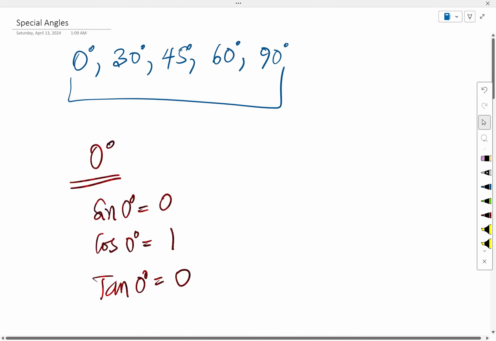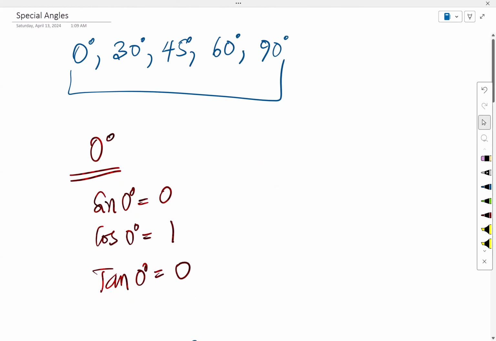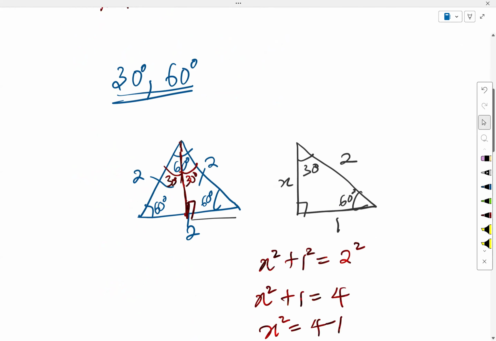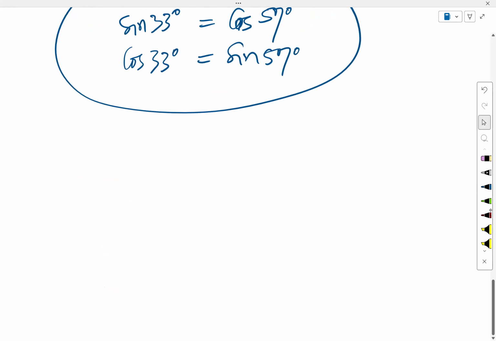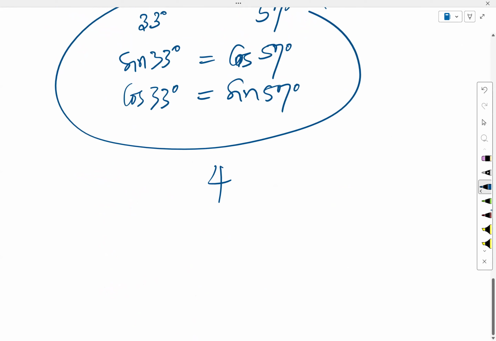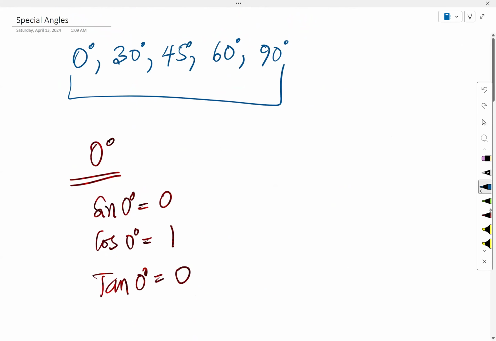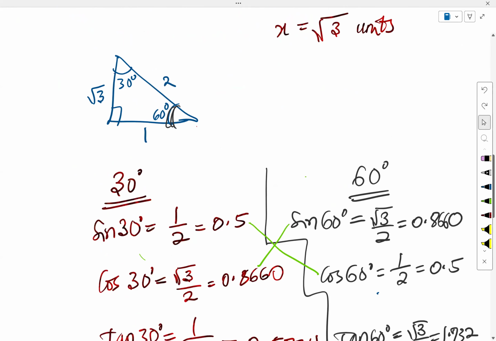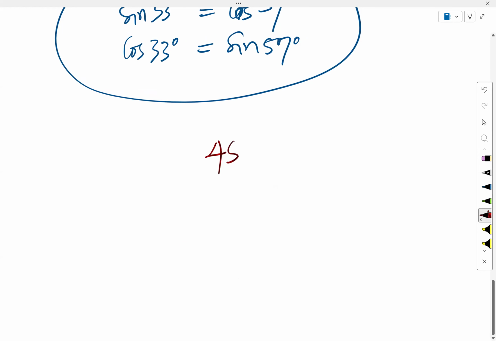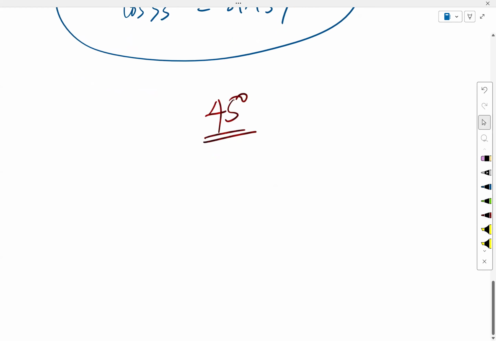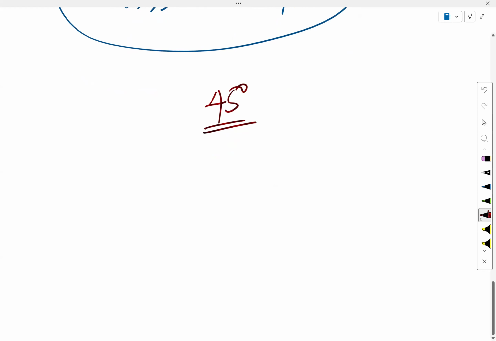So we have taken care of angle 0 degrees, angle 30, and 60 degrees. And then let's go for angle 45 degrees. Now for 45 degrees, that comes with a special kind of triangle again. And we'll see that in a moment. So angle 45 degrees. Now, in the case of angle 45 degrees, can you imagine